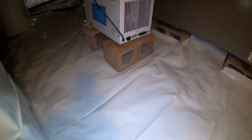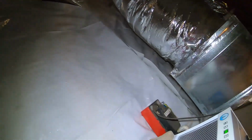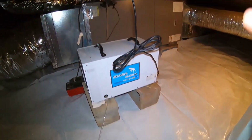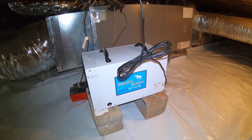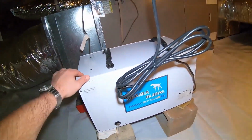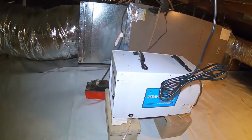And I'm gonna crawl up underneath here. We have deployed a commercial dehumidifier on this control. We've been starting to use these. At first we couldn't get them for a while, but I really like these Watchdog dehumidifiers. They're fairly simple, and we've been using these more and more. The cabinets are pretty robust, with easy handles for carrying in and out of the crawl space. It's also got